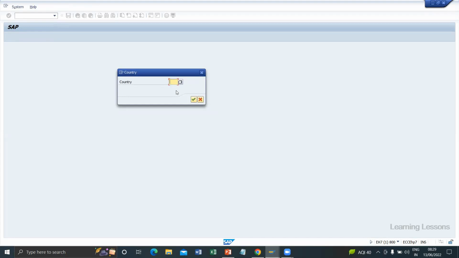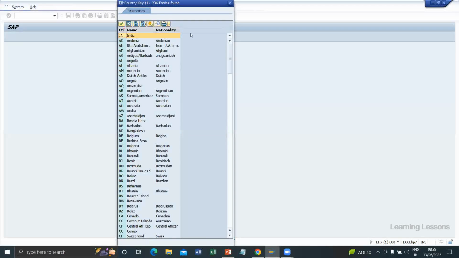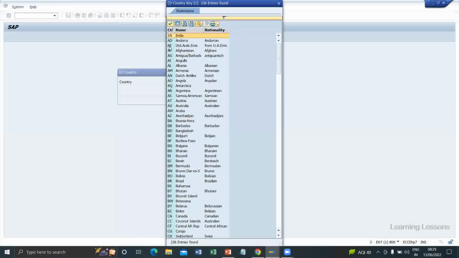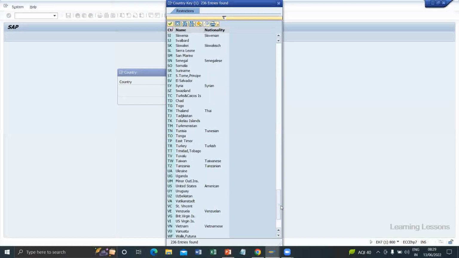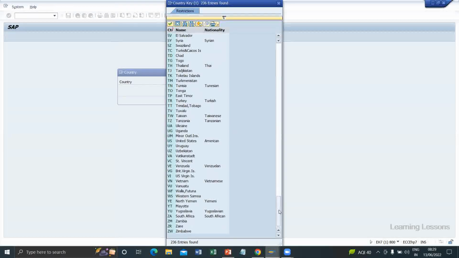We have to provide country. I'm just giving France, F4. We can see all the countries in the F4 option also. All countries are available right here. You can see India. You can see all the countries are available. 236 entries are there here. There are some countries that are duplicate, but as per SAP, it is coming